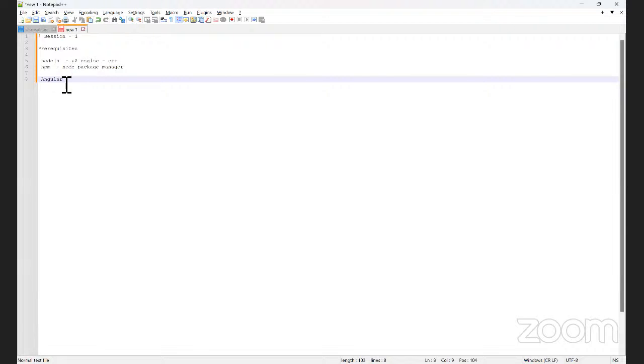Then we'll install Angular. So if you want to create an Angular application, we need these three. One is Node.js. Node.js is the application or software which has the V8 engine to convert our TypeScript code into machine level language.